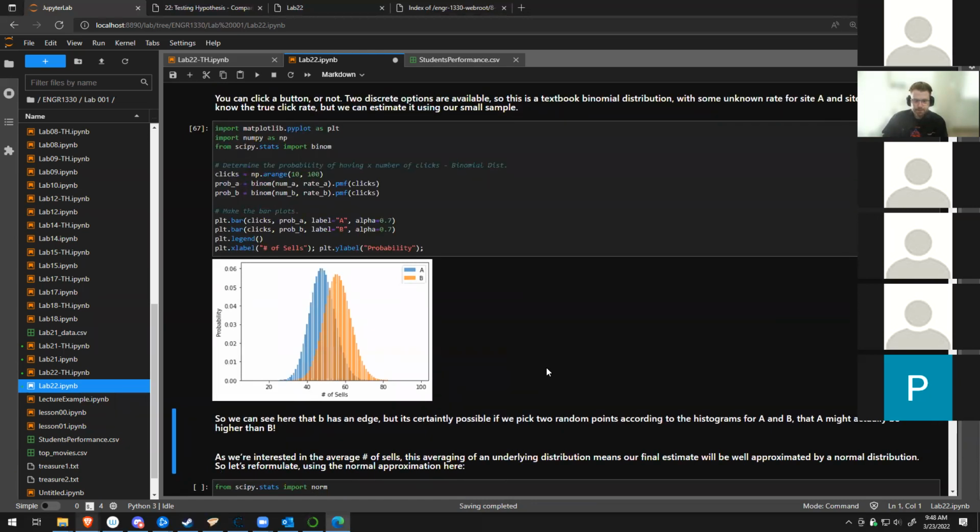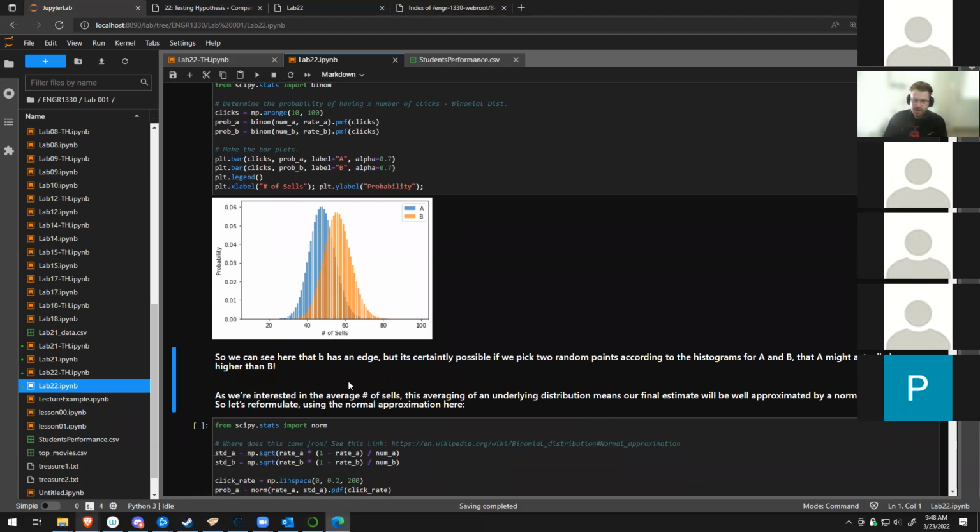So look at that. Here we can see that group B has an edge because we want the number of sales to be positive. We want more sales than not. But it's certainly possible if we took two random points that A might actually be higher. How do we know that? Well,